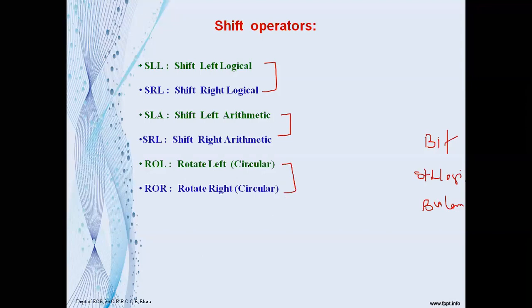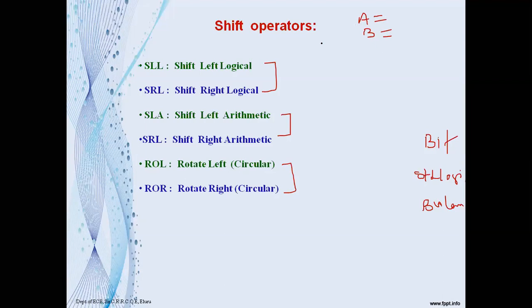How can we understand these shift operators? We will understand them by seeing an example. Let's take two data. Let's say A is an operand, which means a data, signal, variable or constant, and B is another, which can be a signal, constant or variable. I am here considering A as one operand signal and B as another operand signal.